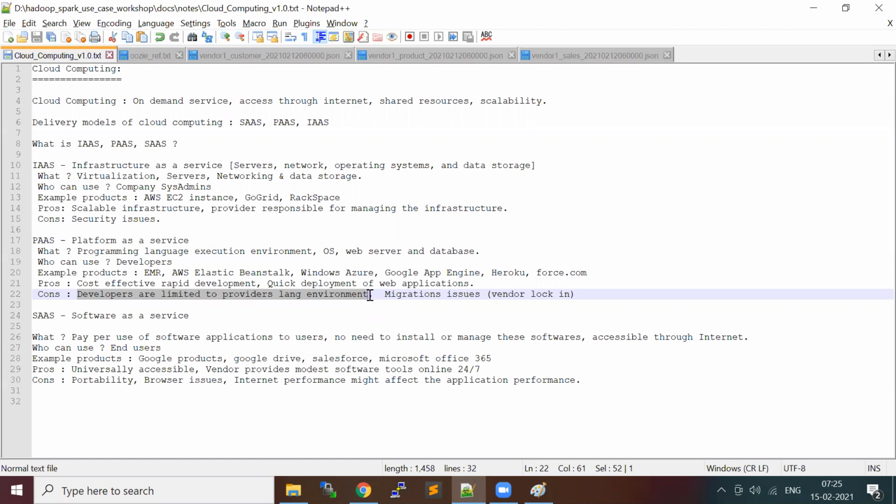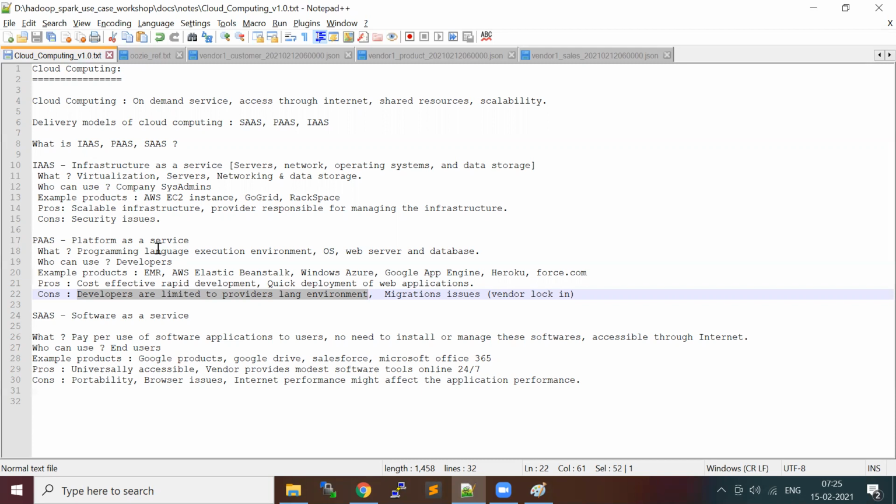I don't know whether people know about Lambda functions in AWS. This basically also provides that you can write code. Actually, you don't need to have any server or anything. You just have to write your logic as functions. AWS will run it. But the drawback is it is very limited to a few programming languages like Java, Python, and a few others. So you cannot support other languages. So that kind of